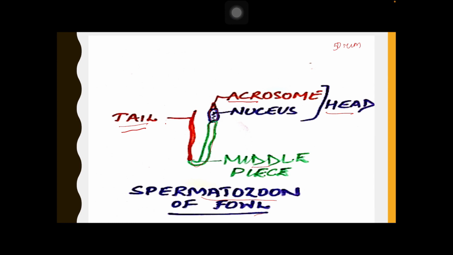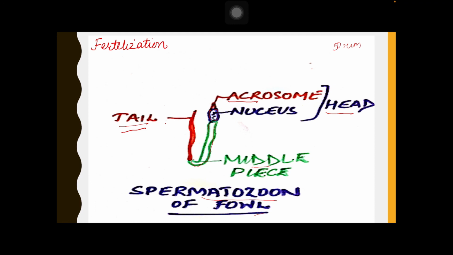Now the fusion of the egg and sperm, that process is known as fertilization. Fertilization is internal in fowl, and it occurs in the upper region of the oviduct before the secretion of the albumin around the ovum. We have discussed many layers of the albumin. They are secreted around the ovum only after the fusion of the egg and the sperm.